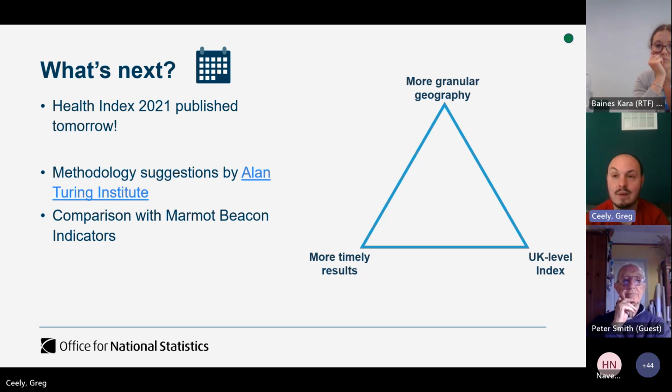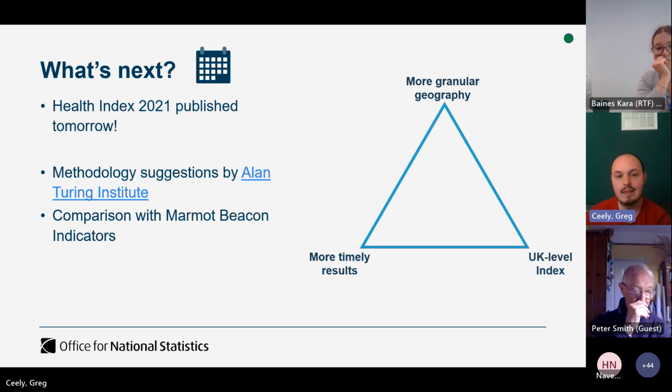So we released Health Index 2018 back in December 2020, and then ran a public consultation for 3 months to collect people's views on the value of the Health Index and how they would want it to change. Following that, we produced Health Index 2019, published in March last year. 7 months later, Health Index 2020 in November, and now 7 months later, Health Index 2021. So recently, for every 7 months that pass, we cover an extra year of data, which is quite good for timeliness in general until you think about how big a lag that is. And we are exploring options for how we can present something that is more timely.